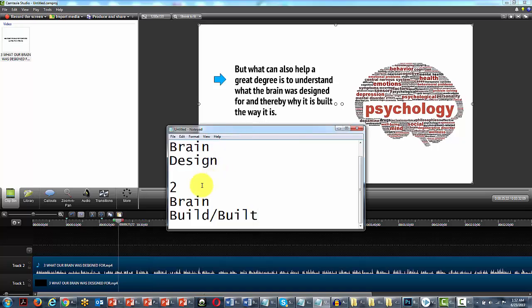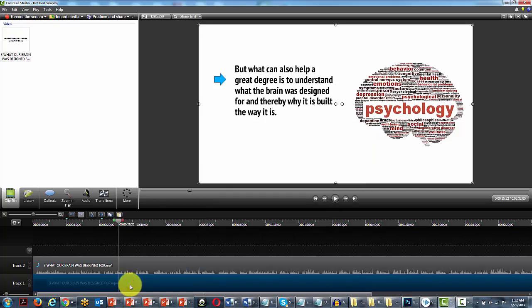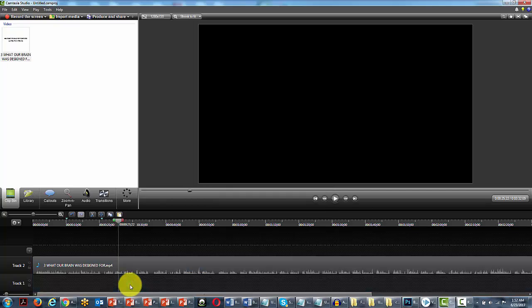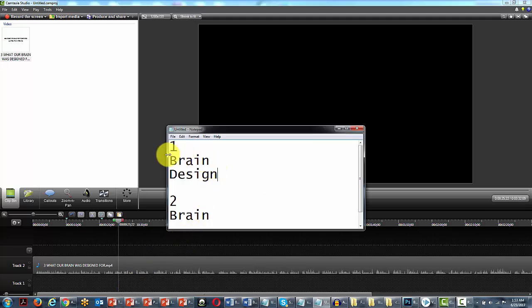Now, once we've created our keywords, we can then do away with the video. We can do that in our video creation software by going down to this timeline, and then we can just delete the video. We're going to take our keyword list now, and we're going to go to our video creation software to design scenes. We can also do, of course, now is we can actually add in music to this